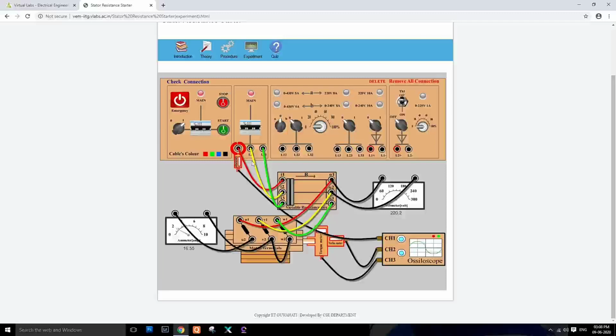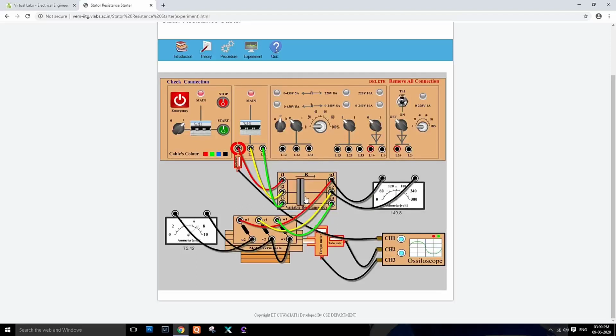Oh, first you have to switch off the panel. So I have switched off the panel, then you can delete this connection. Delete. The connection is deleted. Then you can again connect the wire in this manner, and again you can start the experiment